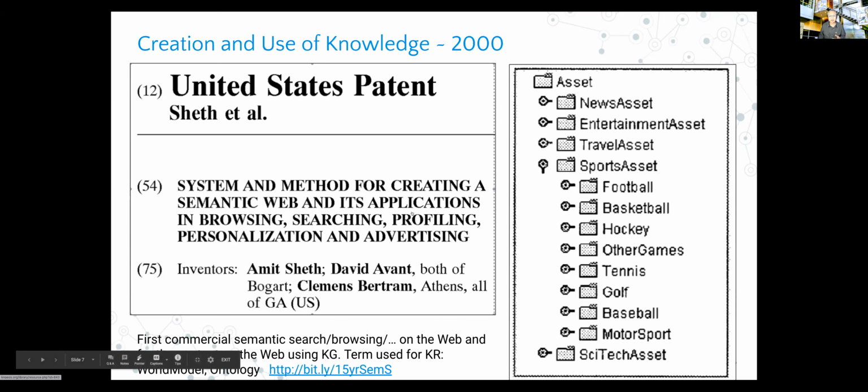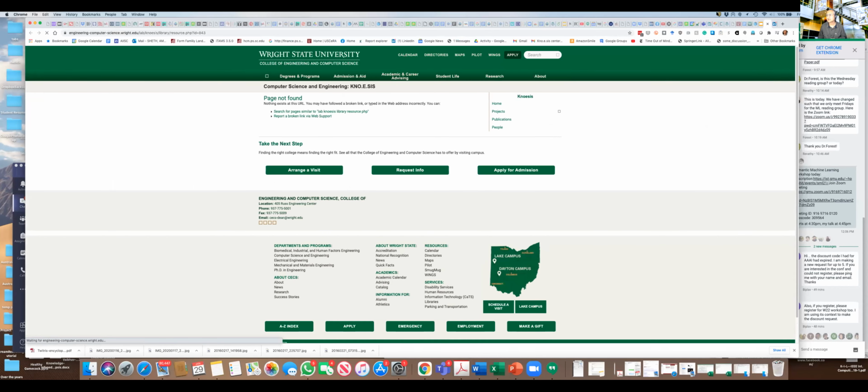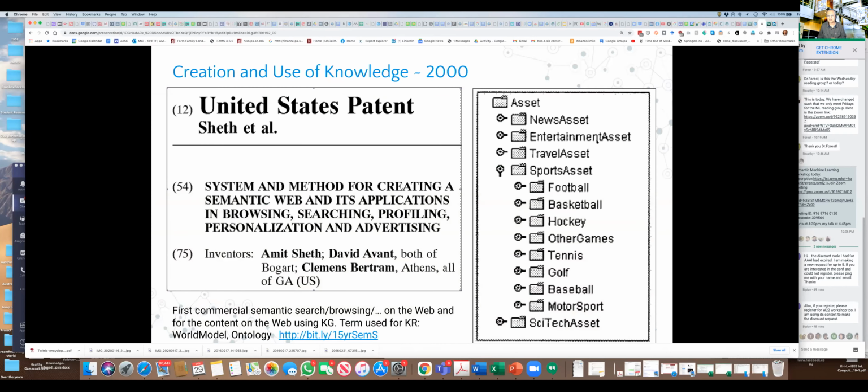And so here we developed knowledge graph driven techniques for browsing, searching, profiling, personalization, advertisement, and such. There is a link to an article that shows you what we did then and what I saw through 2013 and 14 when Google came out with semantic search, and the relationship between the two efforts and how things have changed, if at all.